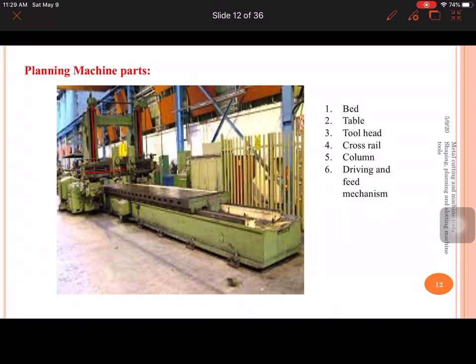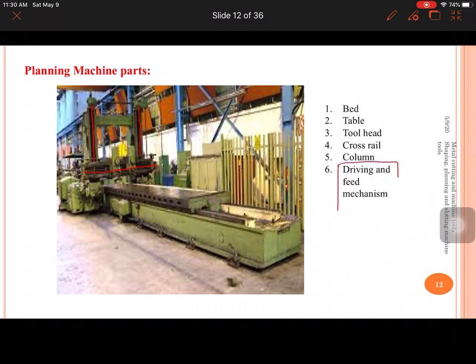And you can also see there is one more screw here, and both the screws are operated simultaneously to move these tool heads either to the left hand side or to the right hand side with respect to the table. So the mechanism utilized for the movement of the cross rail or the tool heads is the screw nut mechanism, and that is different from the mechanism related to the reciprocatory motion of the table. In reciprocatory motion of the table we are using the rack and pinion mechanism.